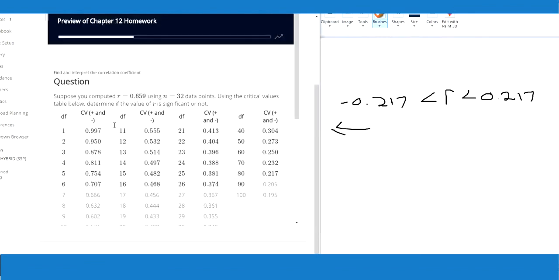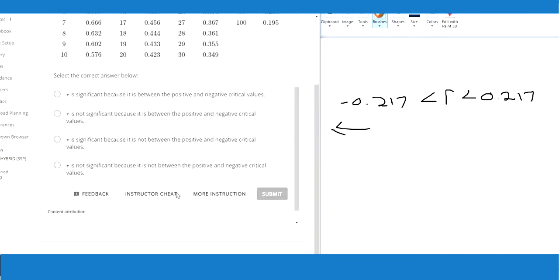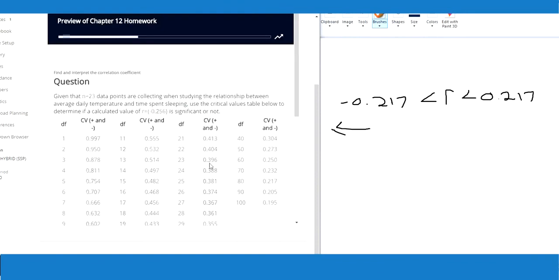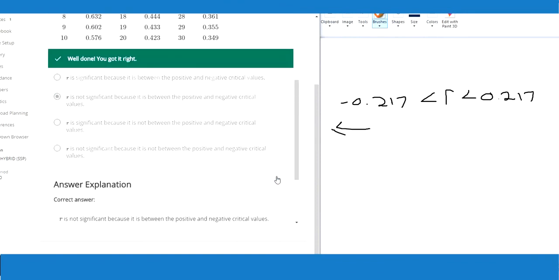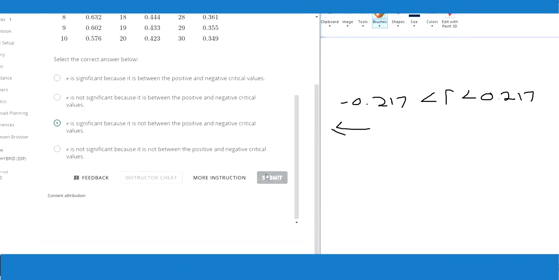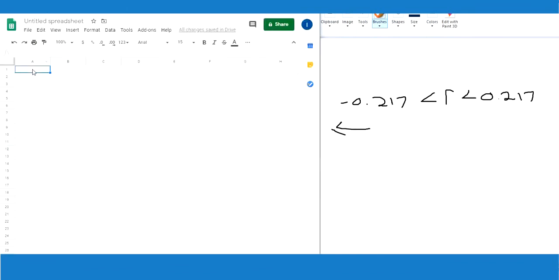Let me find same type of thing for this one. Let me see if I can get one where they ask us to calculate. I can show you how to do it. No, none of these it looks like they're going to ask you, but just in case it does come up,